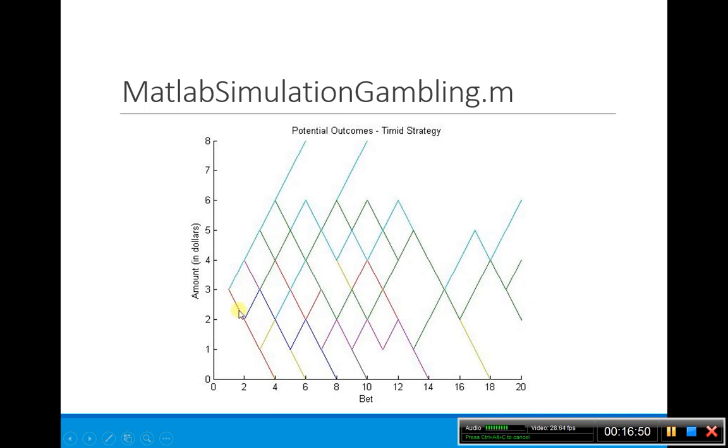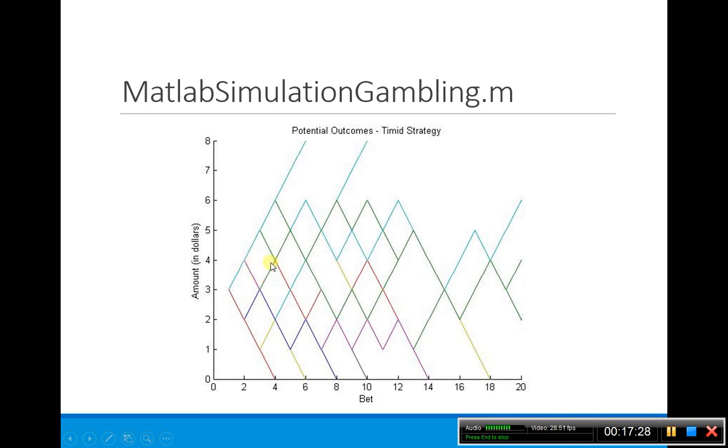Or I could do something like this purple one here. So I could go from 3 down to 2, back up to 3, down to 2, down to 1, back up to 2, down to 1, and then finally down to 0. Or I could do something that is more like this green line here. I'm not exactly sure where it comes from. It could come from down here, or it could come from this one. I'm not exactly sure which one this green line comes from, but let's assume, so here I could go to 4,